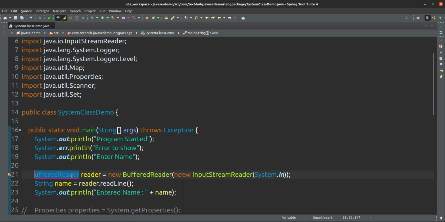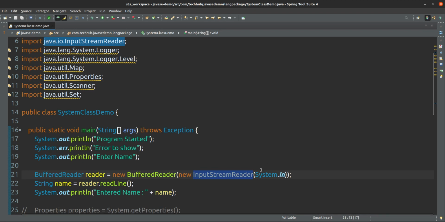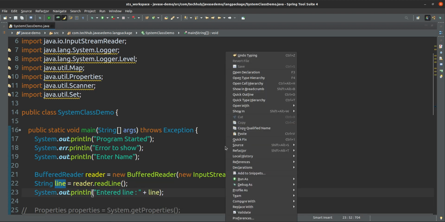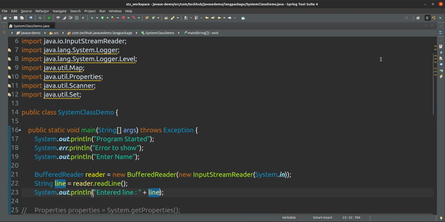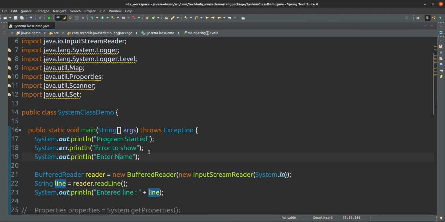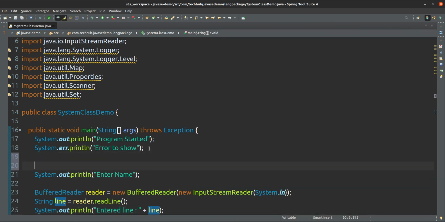Okay, so BufferedReader. From this BufferedReader we have created an InputStreamReader by passing this input stream, and we are reading one line, and that line we are printing here. Suppose I give this as a line, "This is a line." Okay, the entered line is this one. So I will run this one, and you will see it will ask. See, now this program is asking me, I have to enter the name actually, enter name or enter line, anything. Suppose I give here enter line. This is related to this one actually.